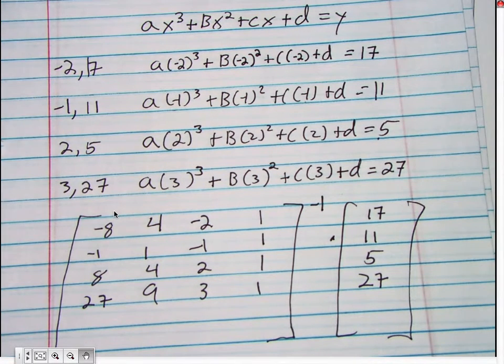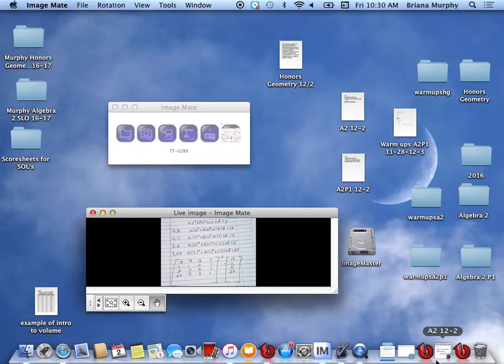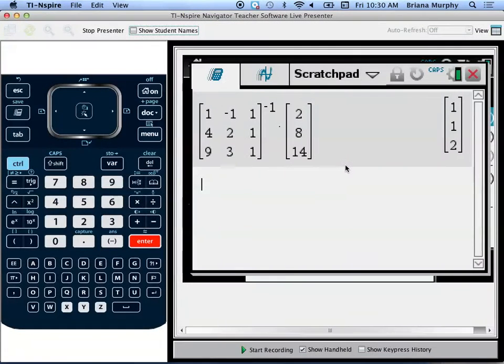Okay, I'm going to pull up Live Presenter again so you can see, because I have a lot of people getting this incorrect. If you are not entering this into your calculator, you're doing yourself a disservice. We have a test next Friday. This stuff will be on it. You will not have a chance to practice this at home, right? Because you don't have it at home. Okay. So the first thing I'm going to do